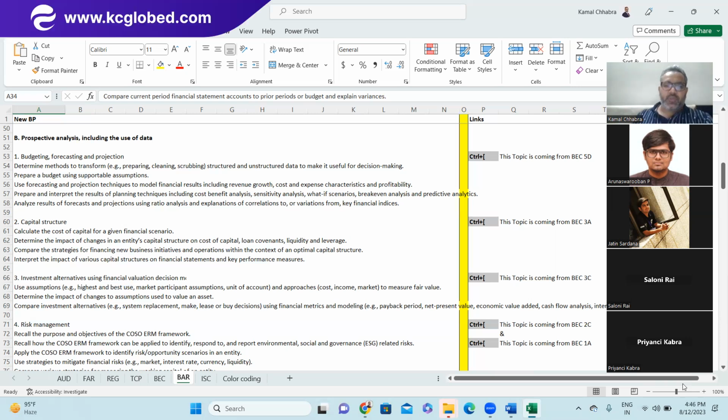But FP&A is one of the finest domains for the CPA, I would say, and a really high paying domain in terms of industry. If you get any profile in FP&A, then nothing like it, because you'll be directly working with the top management of the organization, right? For example, now you are working in EY as a staff, then there would be senior, then assistant manager, then manager, then senior manager, then director, and then partner. But if you are in an FP&A profile, you'll be working directly with the partners.